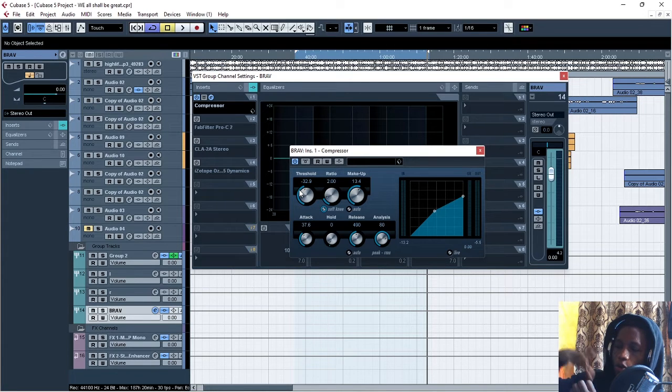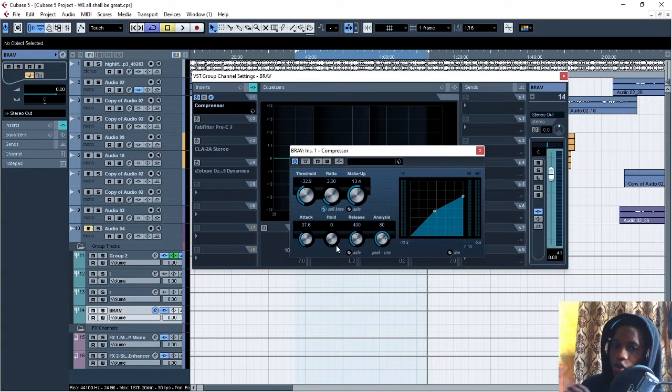Then the release is when the compressor holds the vocals, at what point should it release it? The hold and the release are similar. Most times I don't even